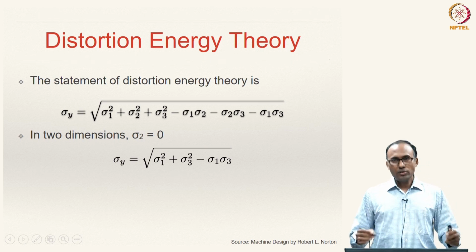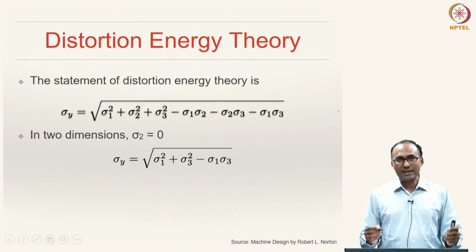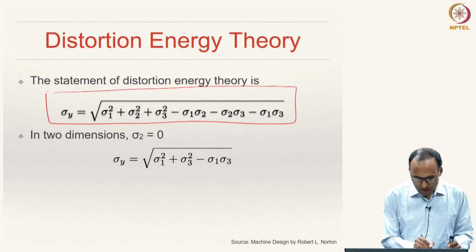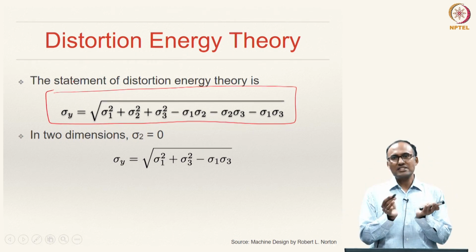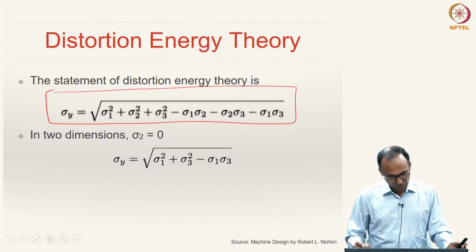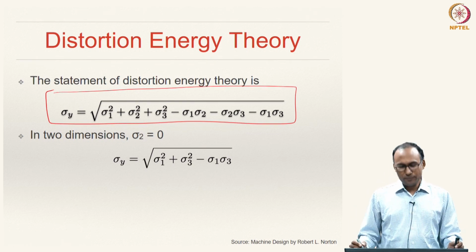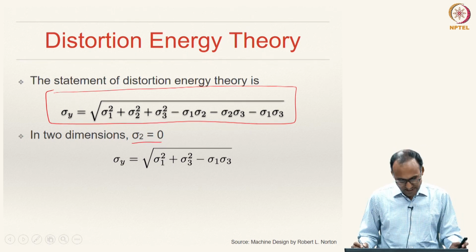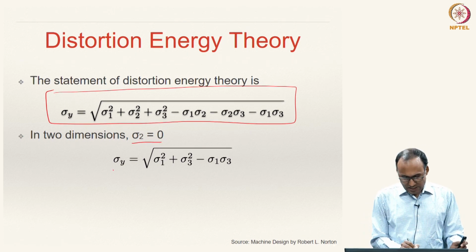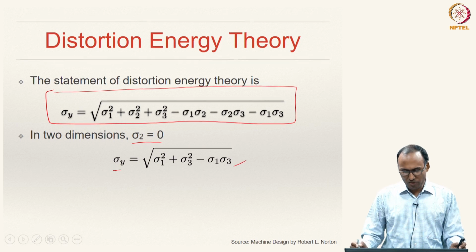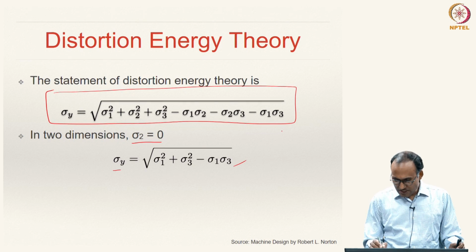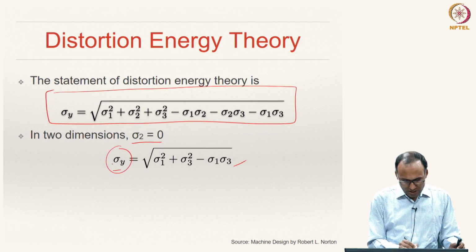Alright. So, the mathematical statement of distortion energy theory is this, which basically represents the surface boundary of your failure surface. In 2D, when we make sigma 2 equal to 0, that means the plane stress case, then we will see that sigma y is equal to the square root of sigma 1 square plus sigma 3 square minus sigma 1 sigma 3. So, if you would plot this, this is something that we know, this is a material property,